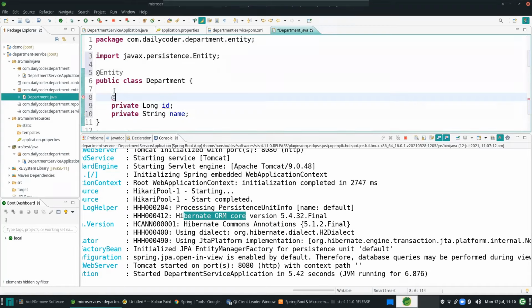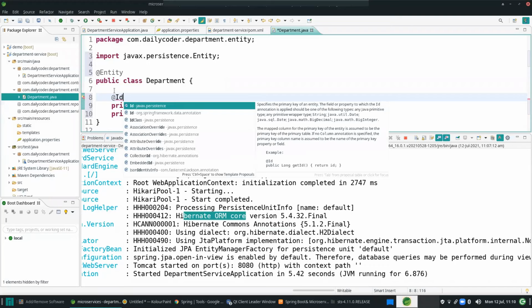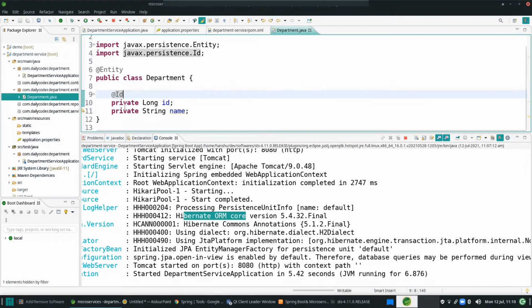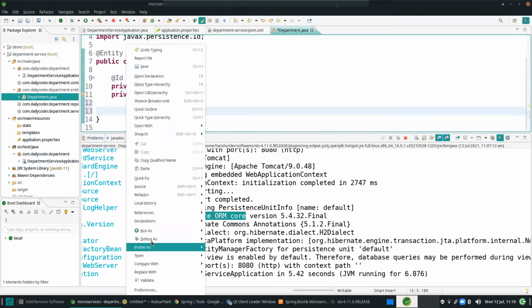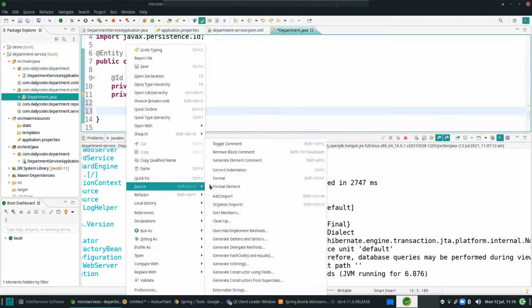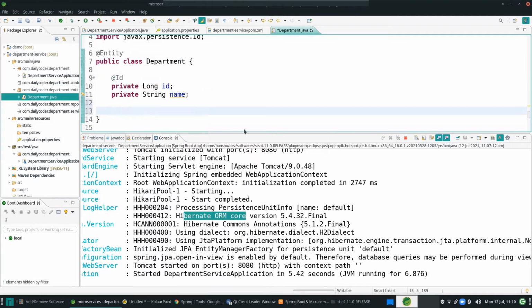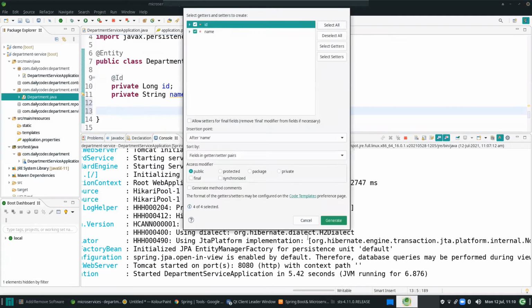The ID is the unique ID I want. This is the primary key of my department table. Now I'll create the getters and setters methods for these 2 properties.